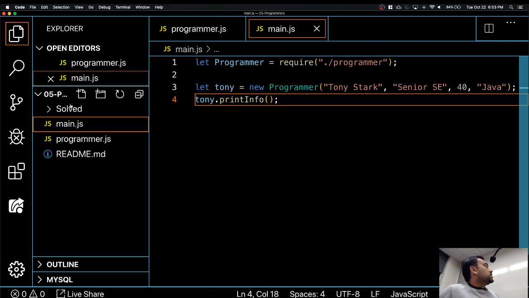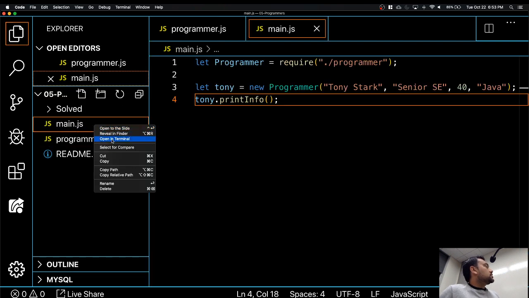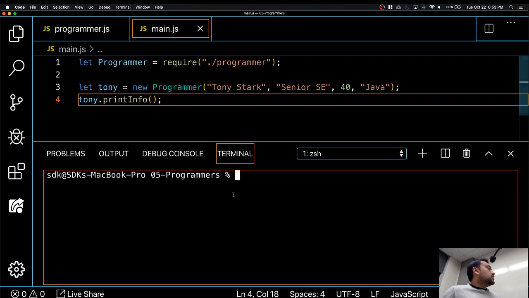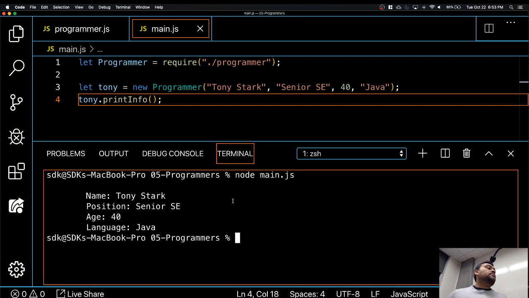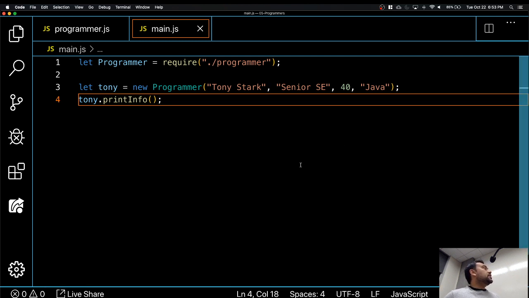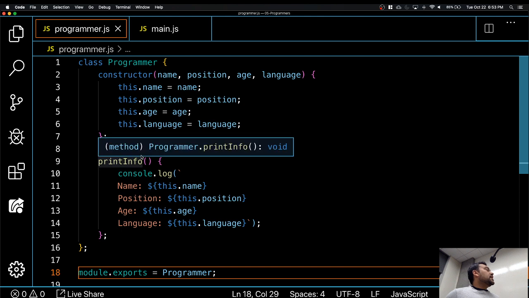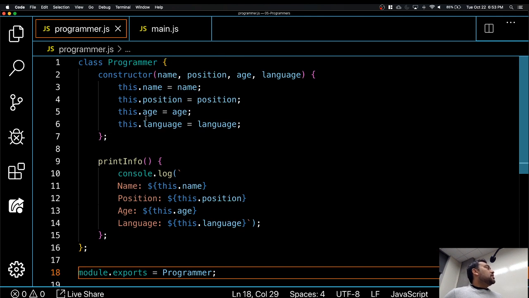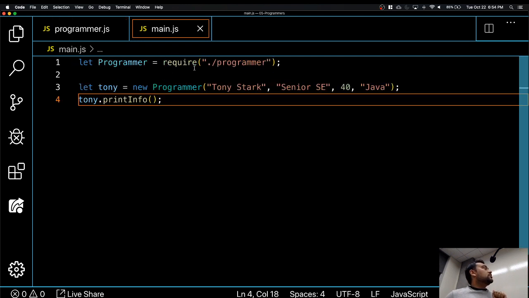Okay, so let's go ahead and first run this. Make sure this is working. So this is going to be node main.js and exactly the same output. Okay, all I did was I created a class, exported it. Now this is an individual standalone class forever. Anybody who wants to use this class, you can go ahead and import it in your module and